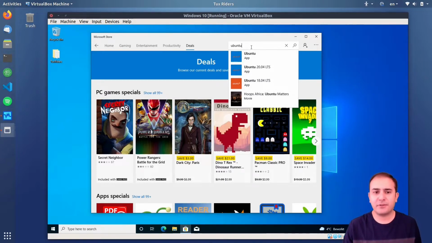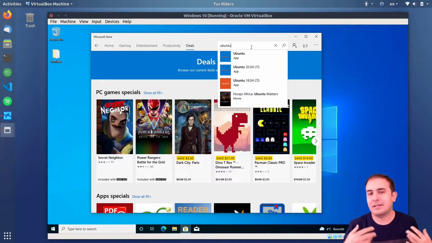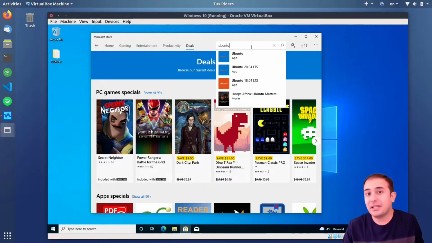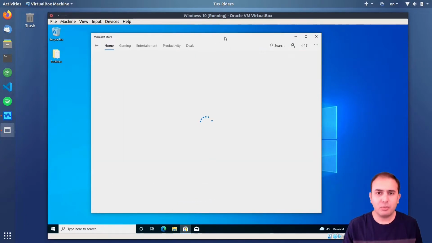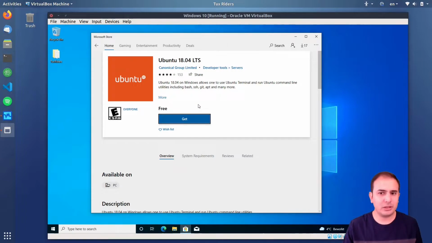There are different versions of Ubuntu, or you can even search for any other Linux distribution that you need or you want. And if it is not available via Microsoft Store, there are still people sharing different distributions on the internet for WSL. So you can search for WSL some distribution, and you can easily find it. So Ubuntu 18, this is the version that is more comfortable for us, although this is not very new. And then I click Get,